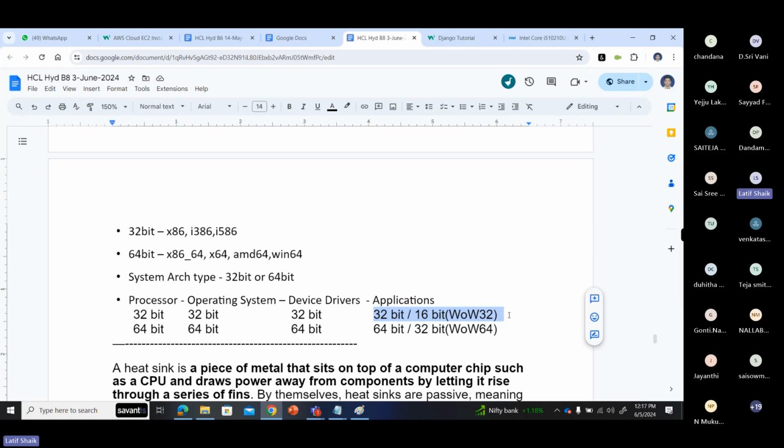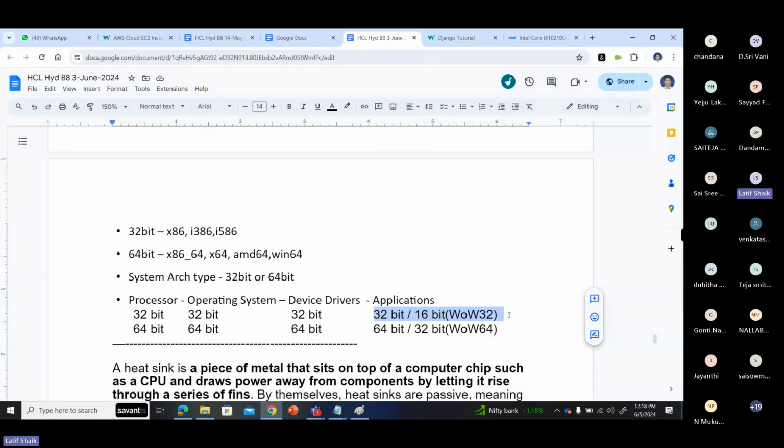It is a very straight line compatibility. If you have a 32-bit processor, 32-bit operating system, 32-bit drivers, 32-bit application, it is very straight line, right? So if you want to install a 32-bit operating system, or 32-bit drivers, or maybe a 32-bit application or 64-bit application, how do you know whether the application, drivers or operating system is 32-bit or 64-bit? Generally, the operating system, application or drivers indicates what bit it is